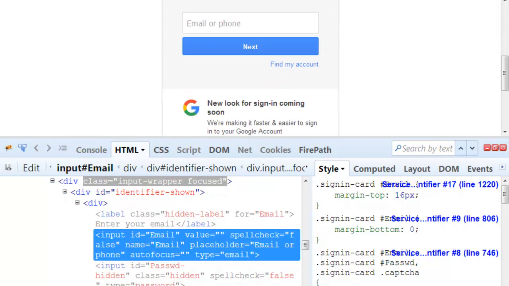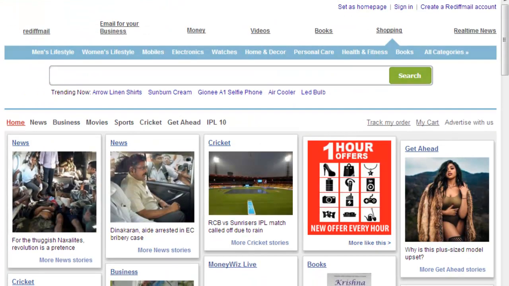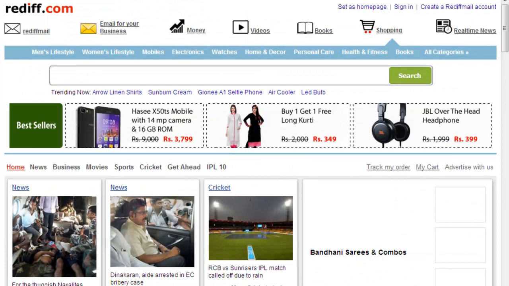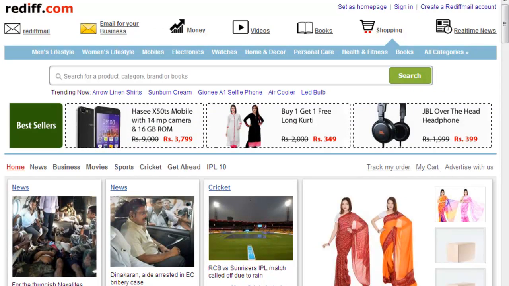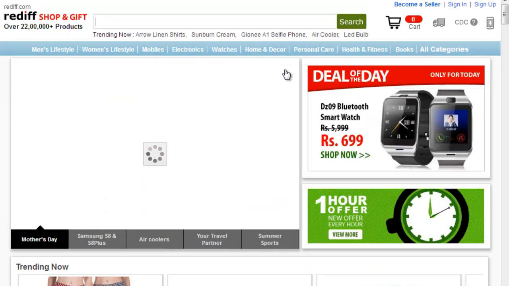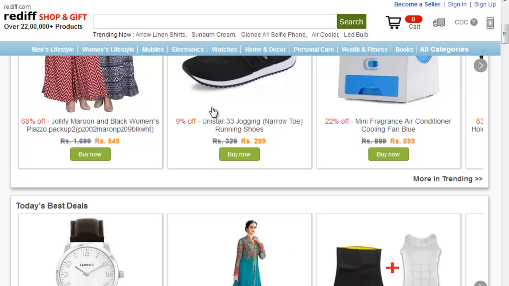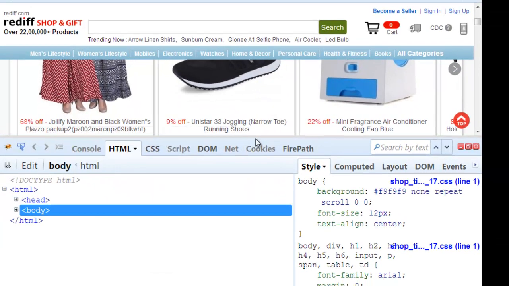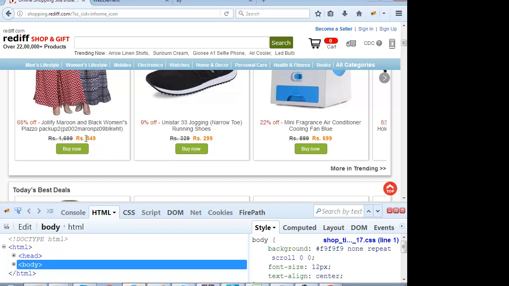If you go to this website, let's take, if you go here, then if you go to the shopping section, out here you have got these prices